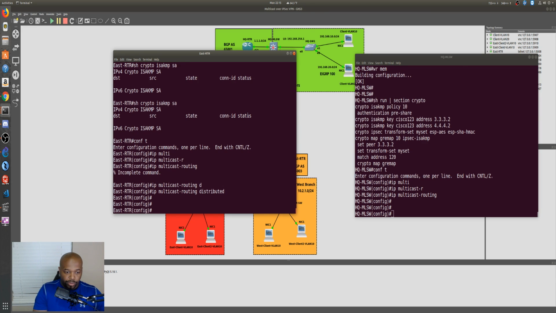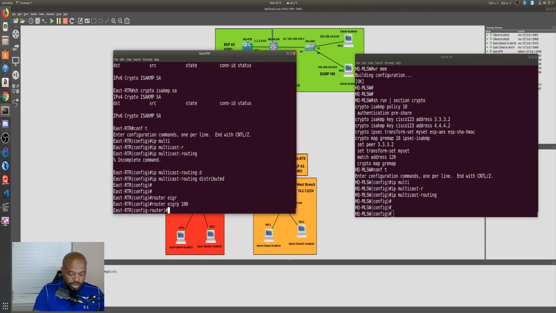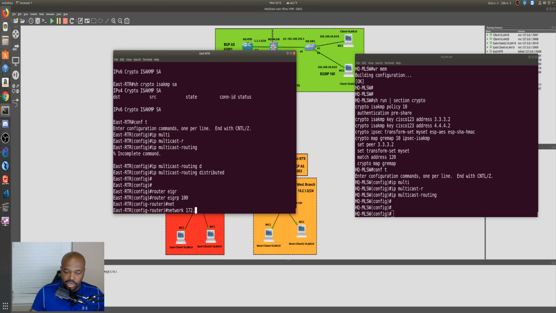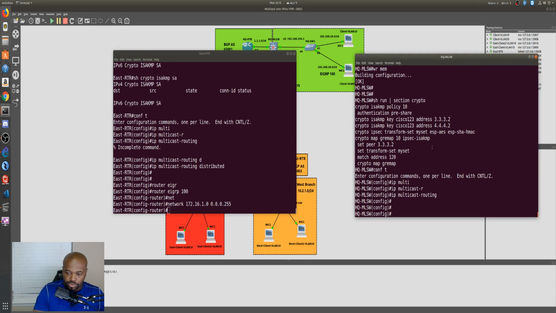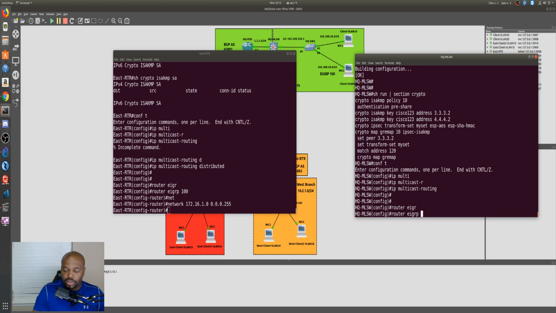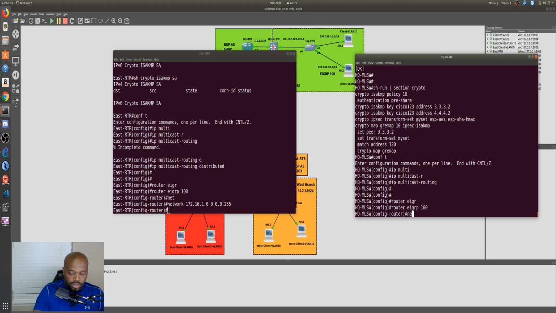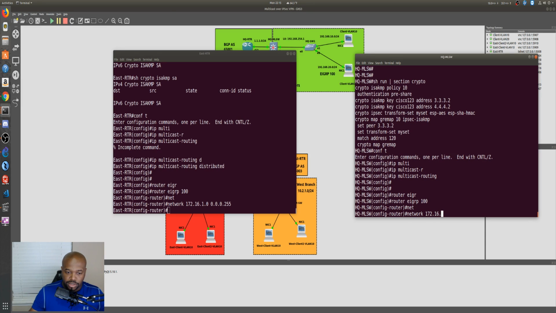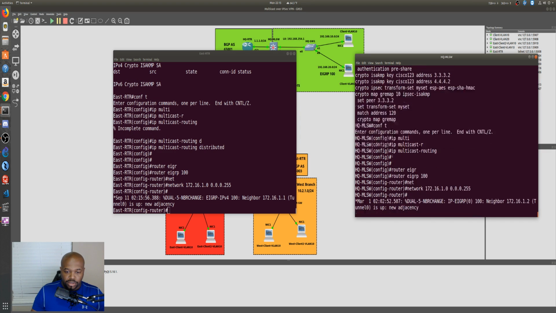And then I'm gonna come to router EIGRP 100, and then do the network of 172.16.1.0 0.0.0.255, and then I'm going to come to router EIGRP 100, network 172.16.1.0 0.0.0.255, and there's an adjacency. Because we turned the multicast on,